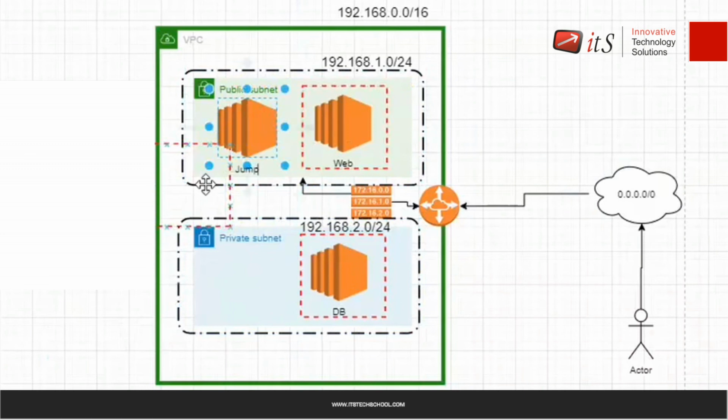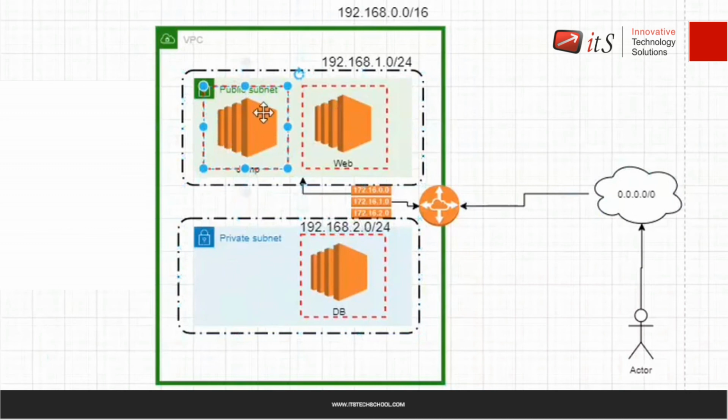And I will put the server on the public subnet, and I will allow remote access over the internet, so people from the internet can take remote access. If in any case the machine is down, it will not affect my entire network or my entire application, because the jump server is not a part of my application, right? So if a jump server goes down, it will not affect my application.